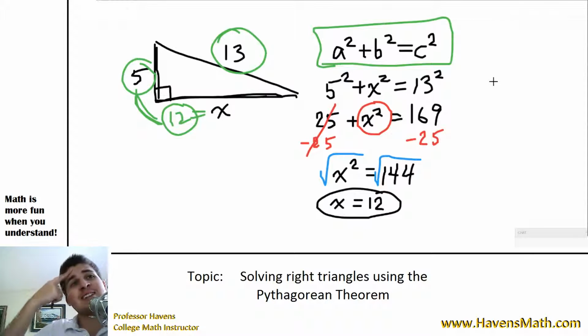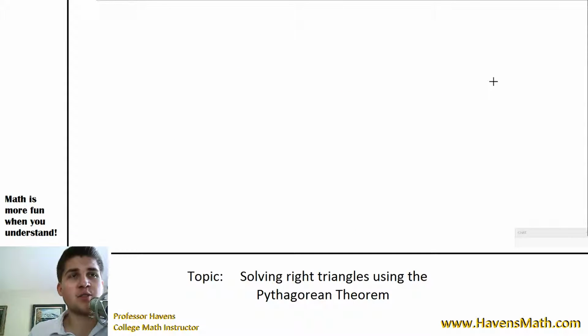And one last little tidbit on this is most random numbers, if we just throw random numbers into our triangle and try to figure out sides based on it, most numbers will not work as nicely as these examples do. In these examples, we always get whole numbers, but this isn't always the case. So just to throw one last little example at you, and you need a calculator to do these questions because, well, not need, but it's very difficult to find square roots of numbers that are not perfect squares. But just as the final example,